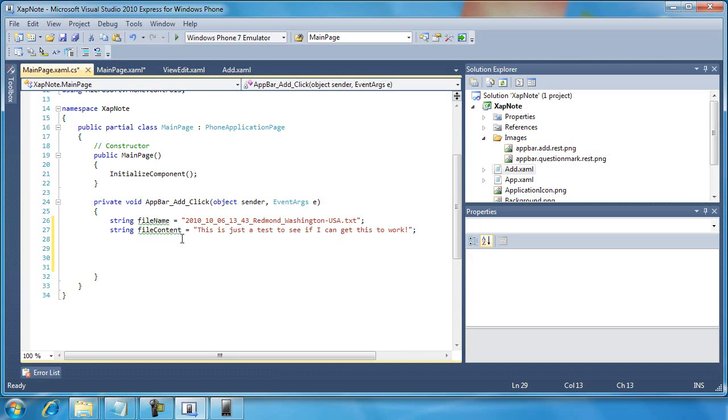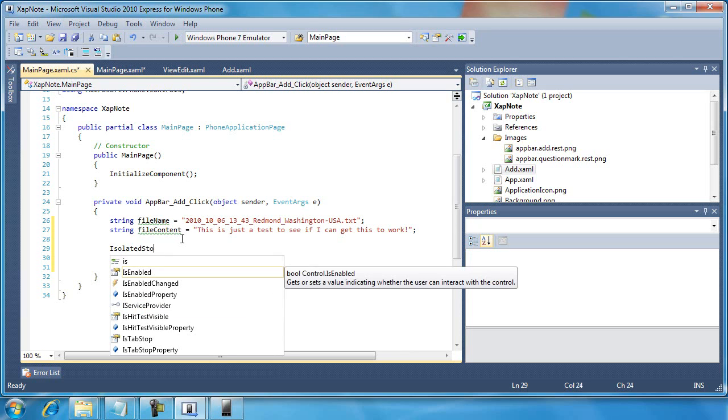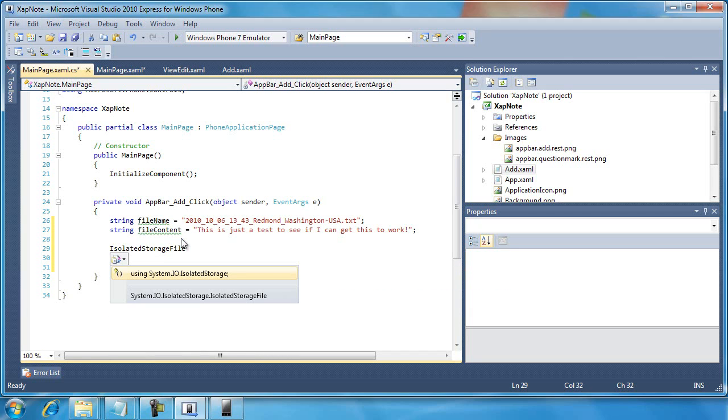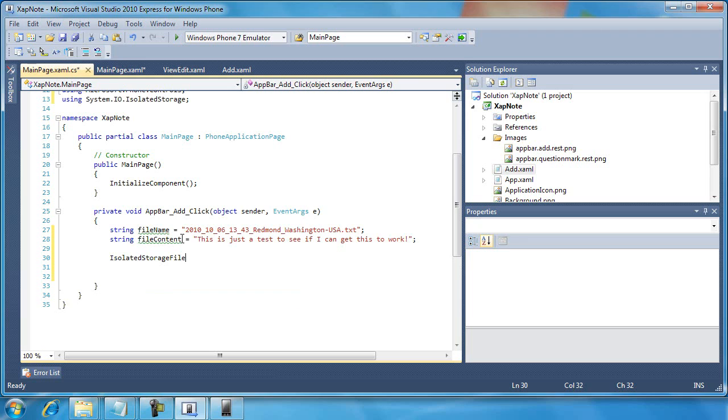All right, so now what I need to do is use that isolated storage file, and I'm going to use the control and period to bring up the little helper to add the using statement. And I think it's the get user store for application, and we'll just do like we did previously. So app storage equals,